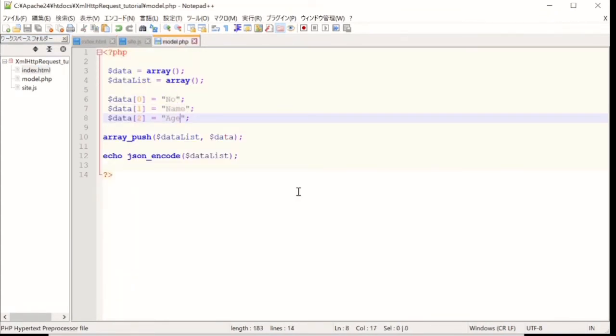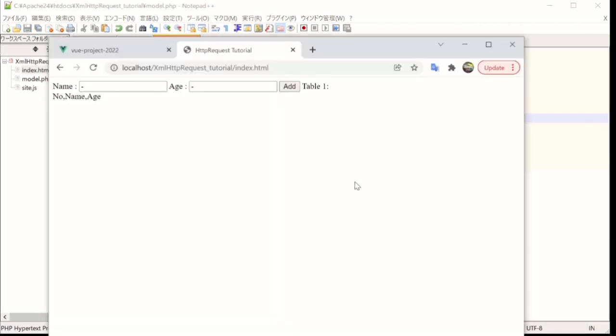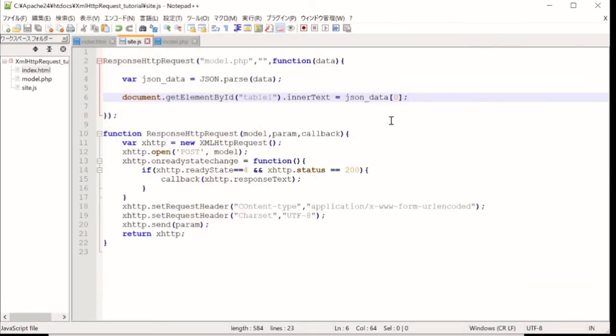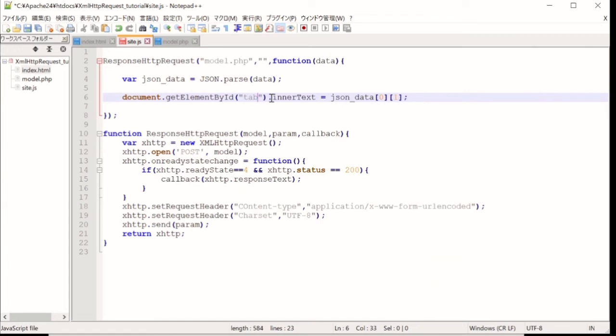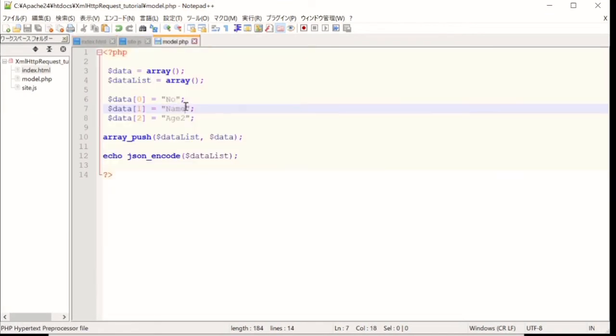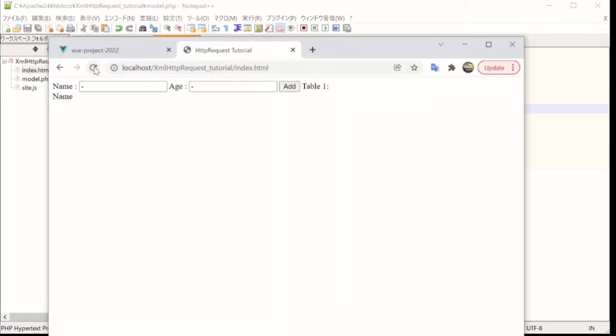For example, I change this age to S2, save, and if I reload this one, you can see that the data changed to S2. And if I set 1 over here and reload, it only shows you the name. So you can also pass this data into our name object, and if I change this data to Bruce, and I reload this browser here, you will see that